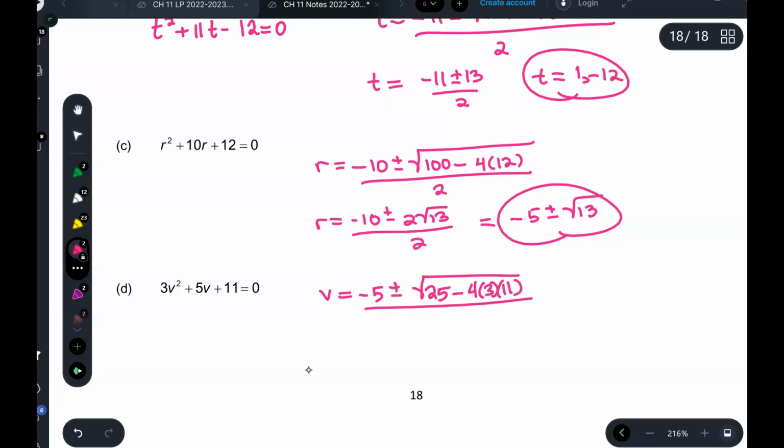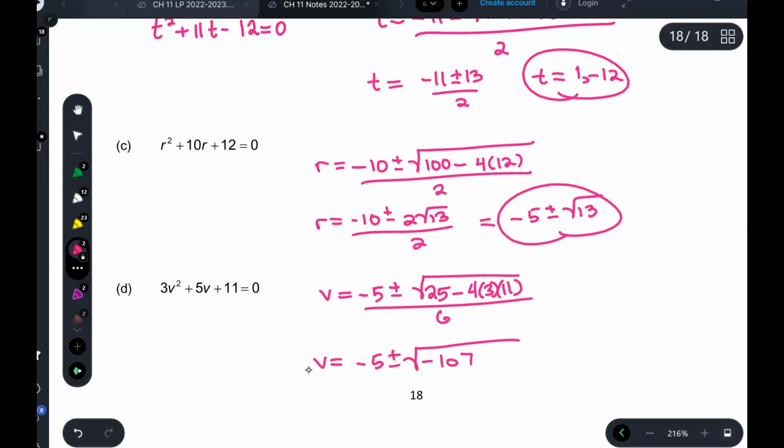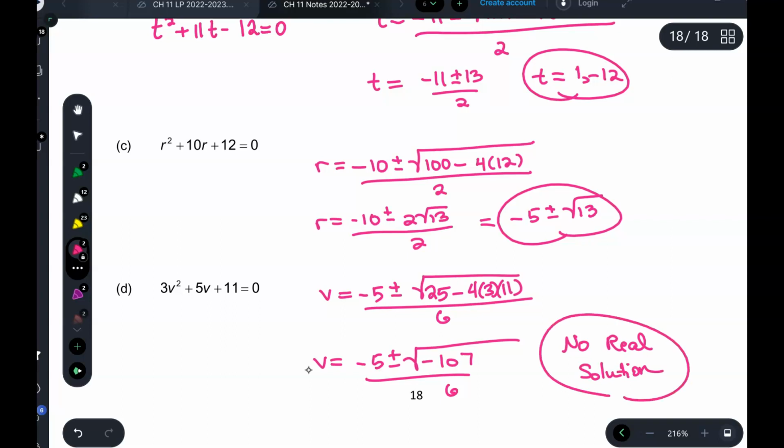What do we get under the radical? A negative. What did you guys get under the radical? Negative 107. Okay, so we say no